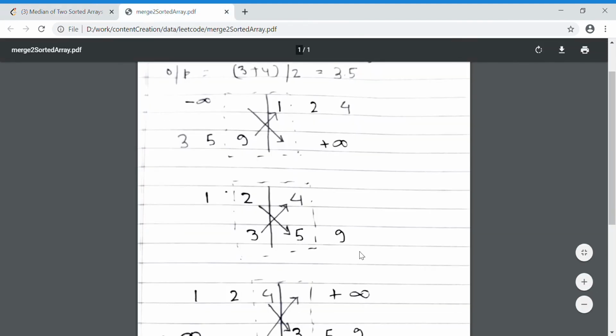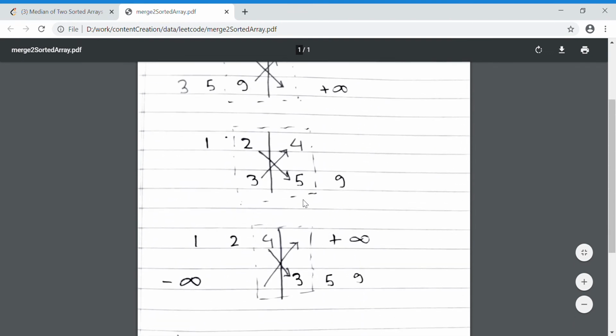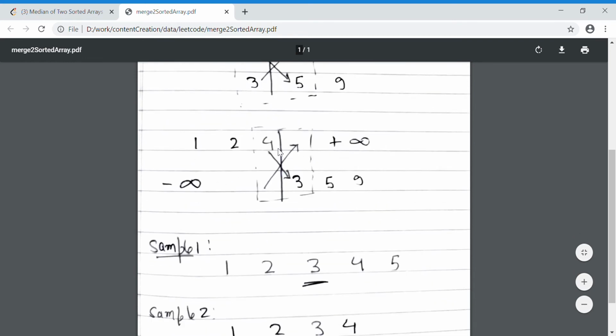So now let me give you another example where we have a third criteria. So here in this particular case, we got the answer by partitioning it at this particular point. Now suppose we did not find the solution in this case, then we would have partitioned it at some point here. So when we partition it on the fourth element, we will have 1 2 4 on the left hand side, and we will have 3 5 9. We will put the rest 3 elements on the right hand side, so that left and right number of count